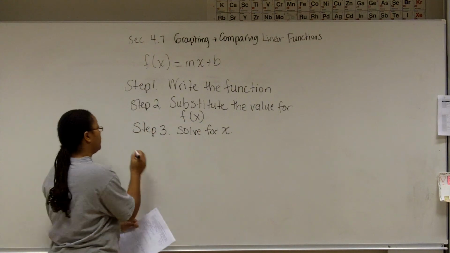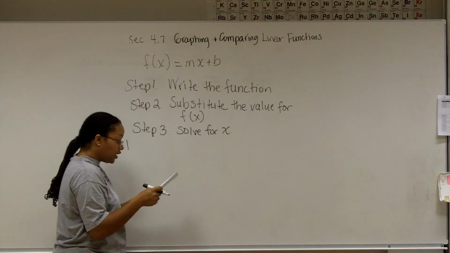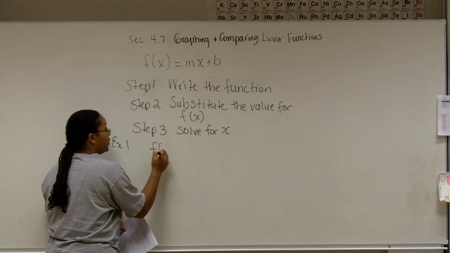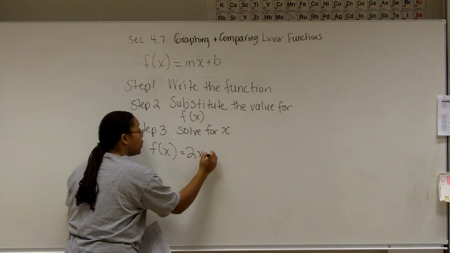So here's example 1. You got it down on your paper. If the function f of x is 2x minus 10, so this is me doing step 1. I'm writing the function. Even though it's right there on your